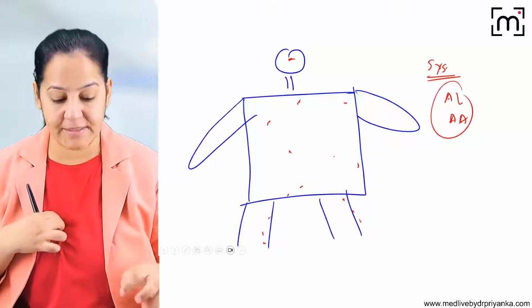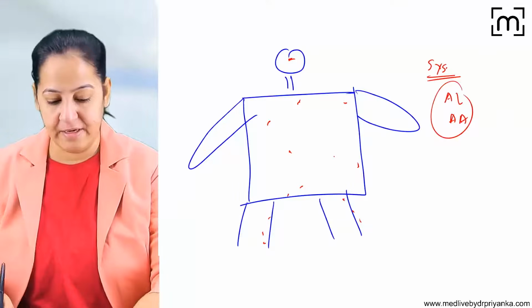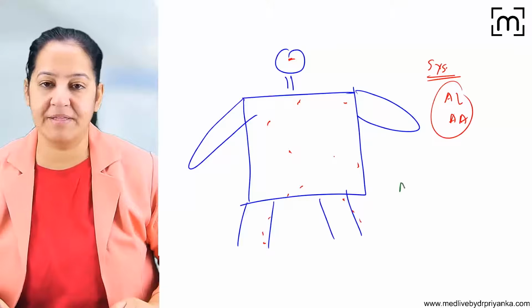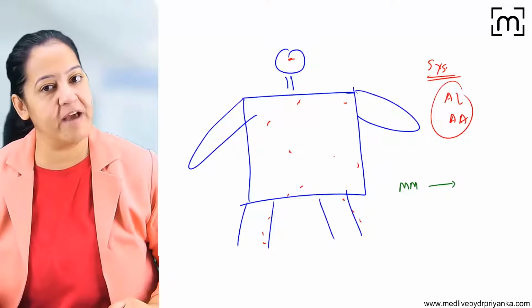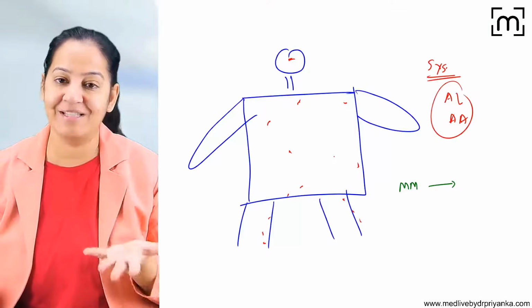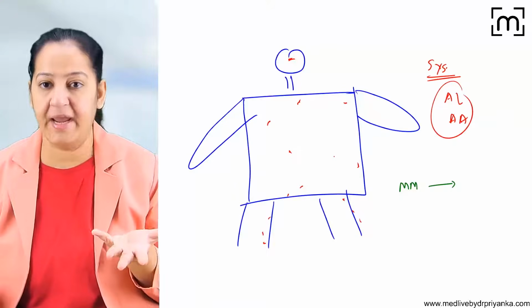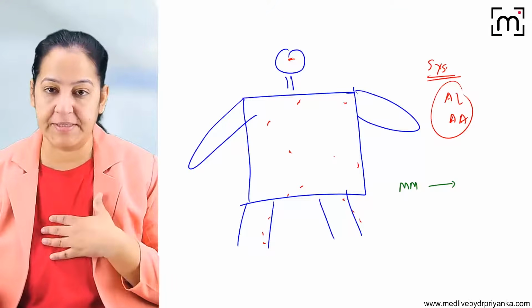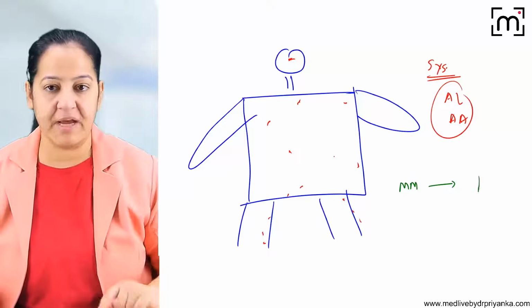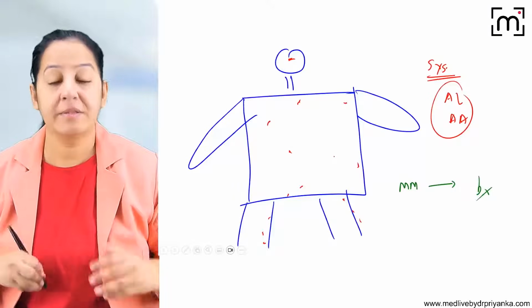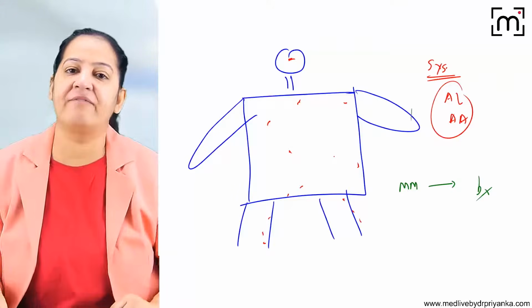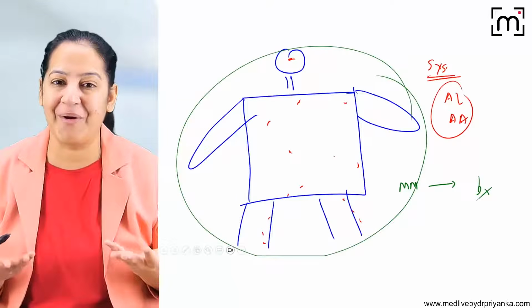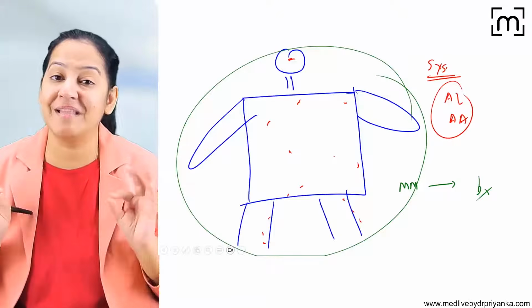So amyloid gets deposited in multiple organs of the body. If a person is coming to me with multiple organ failure, I'm suspecting, for example, there is a person with multiple myeloma. In future, the person has multiple organ failure. So I'm suspecting this person is having amyloidosis. Now, what should I do for diagnosis? For diagnosis, there is no blood test. I have to do biopsy. The next question which arises in my mind is which organ biopsy? It is a multiple organ disease now.